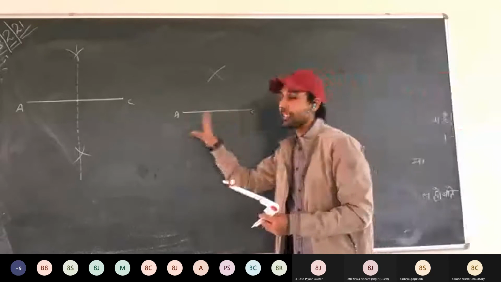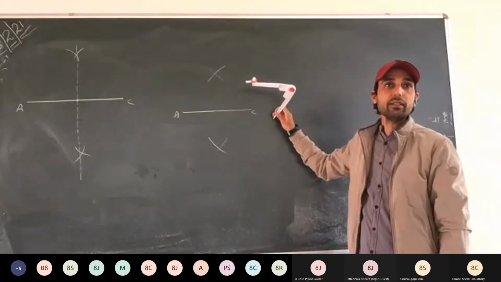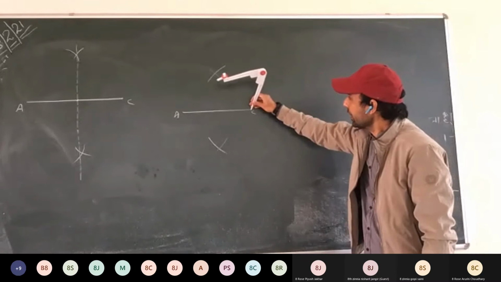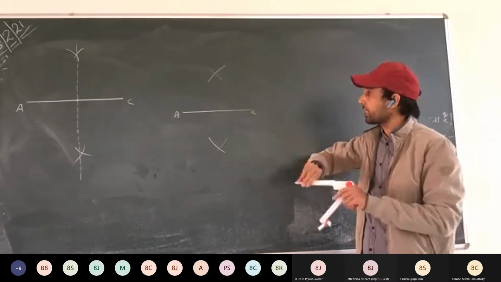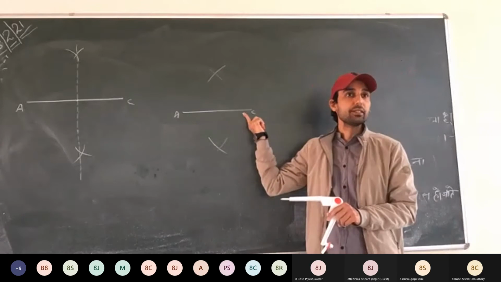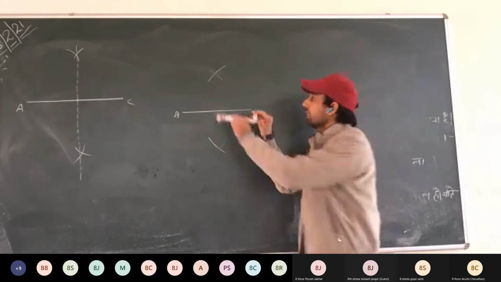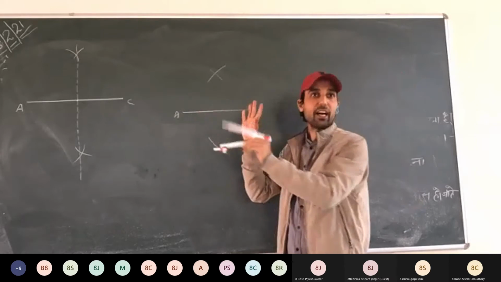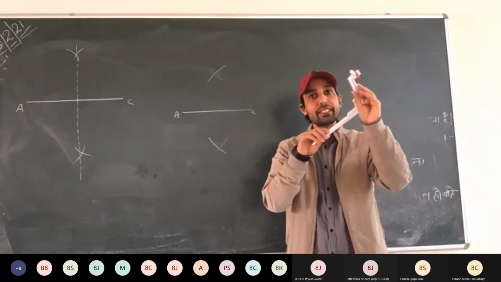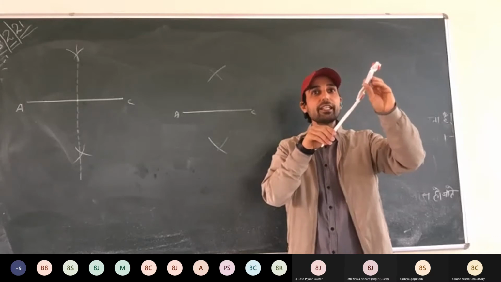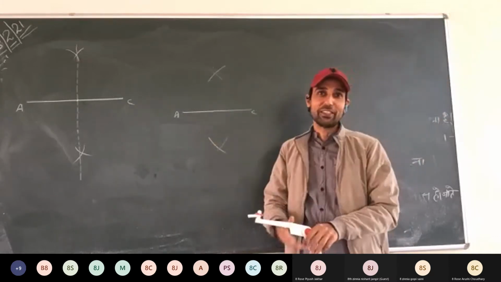See here, we are dividing this line into two parts. How? Look here, everyone. From C, make an arc. What is the length of the 6.5? If you are taking 3 centimeters, these arcs are never going to meet. So it must always be more than 4. 5 centimeters you can take, 6 centimeters, 7, 8, 9, 10, 11, 50 kilometers as well you can take. But you must have that much paper.